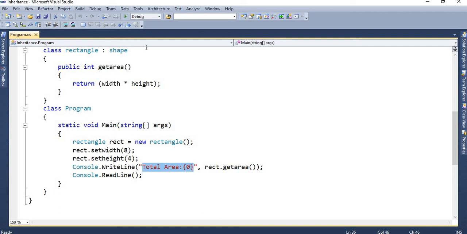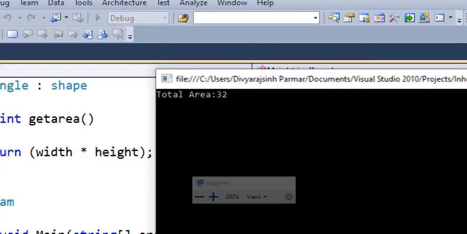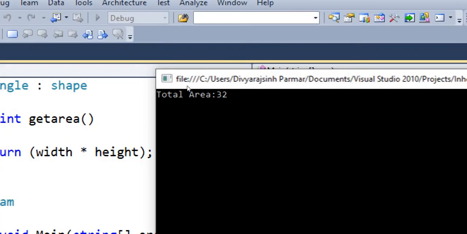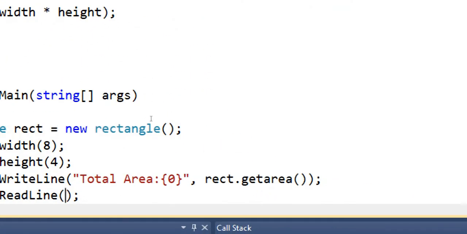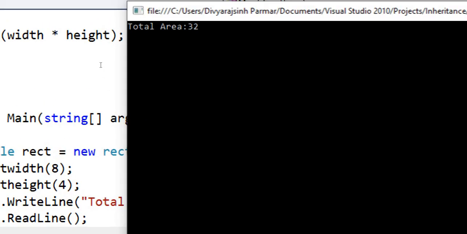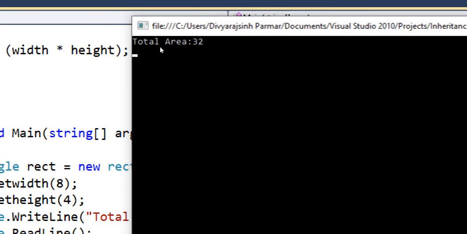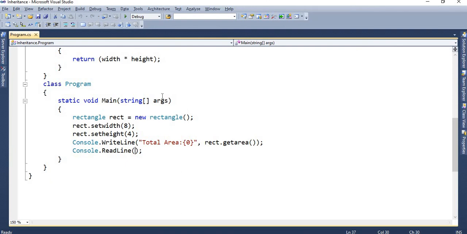Now execute the application and see the output. So the total area is 32, because 8 and 4. So it will give us output like this. So in such a way we can implement the concept of inheritance in our program. I hope you understand this concept